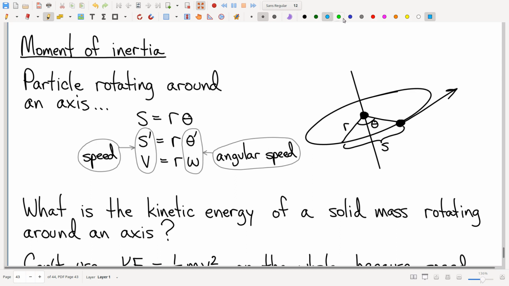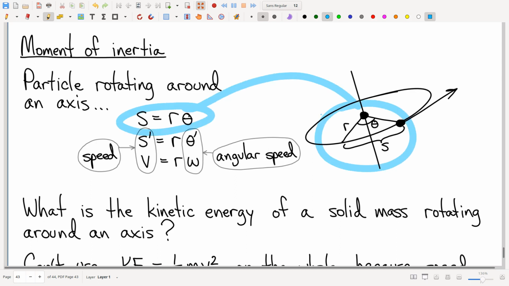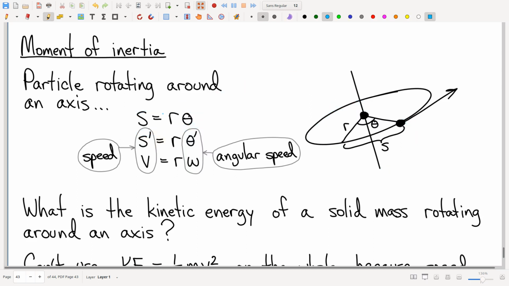Okay, so now a little background before we get into it. I hope you all remember your high school geometry. There's a relationship between arc length and central angle by way of the radius. So again, classical, standard high school geometry. Make sure you're good with that. And then taking a time derivative of both, what we end up with is a nice relationship between what I'm going to call linear speed and what I'm going to call